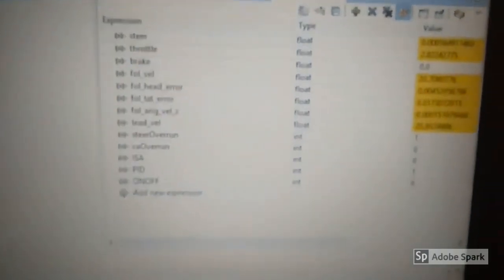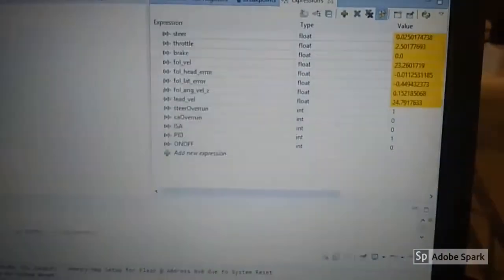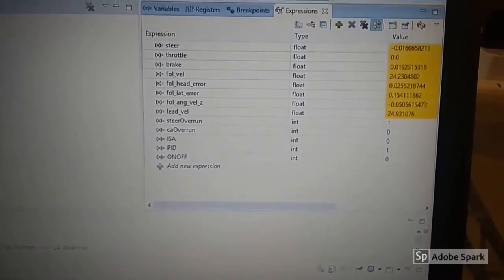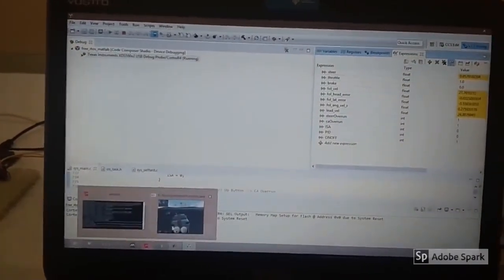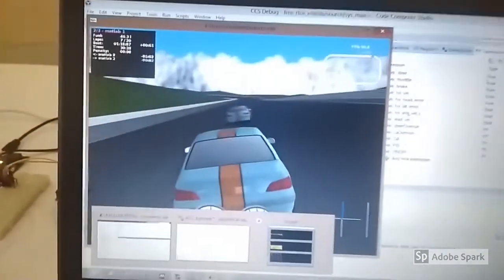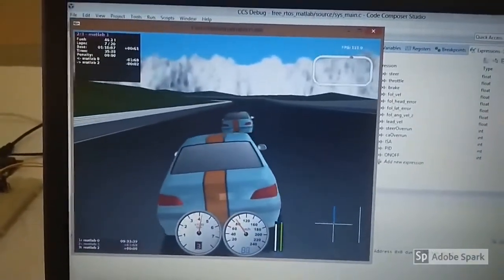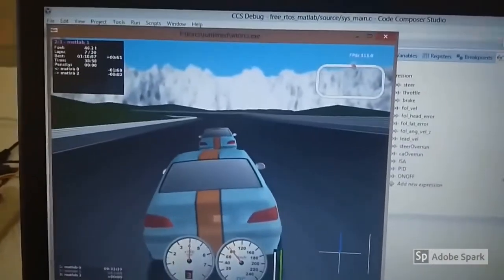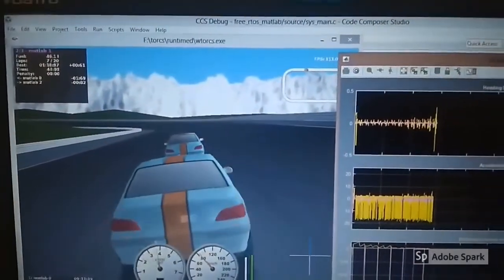So now let's simulate the budget overrun of collision avoidance task by triggering a CAN message using the Arduino. We'll be seeing that collision avoidance overrun is set to 1 and on-off is set to 1. So now PID is disabled and on-off mechanism is active. We see that there is an abrupt braking and acceleration applied by the on-off control mechanism. So this leads to the increase in fluctuations of the acceleration and braking.